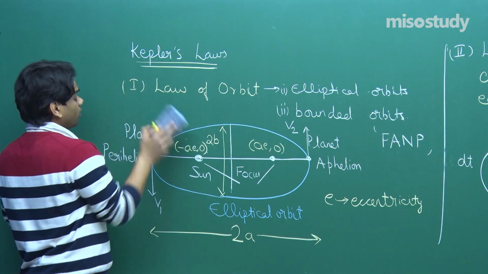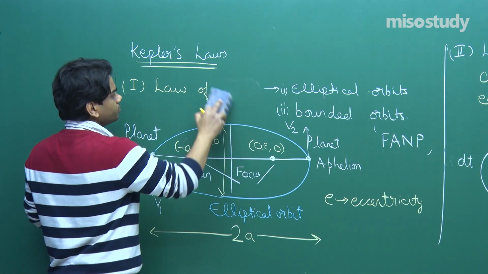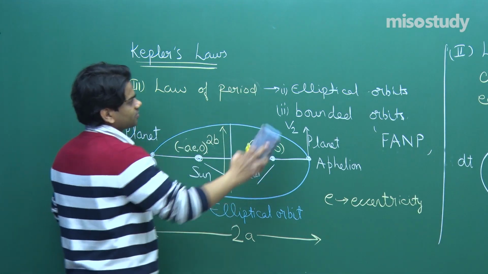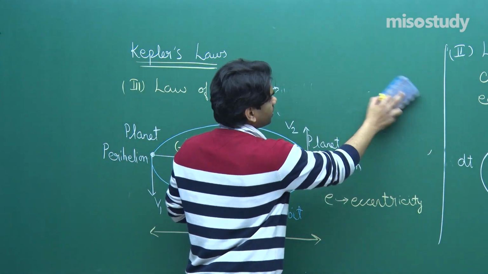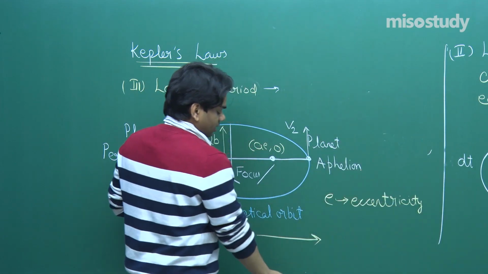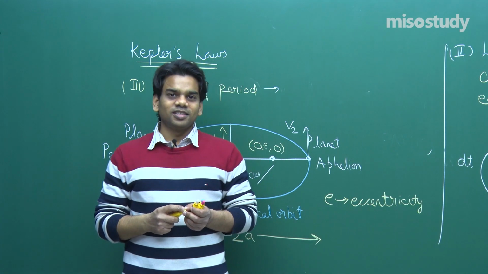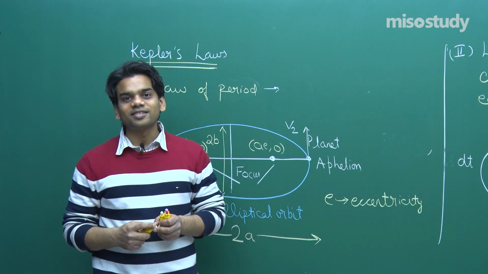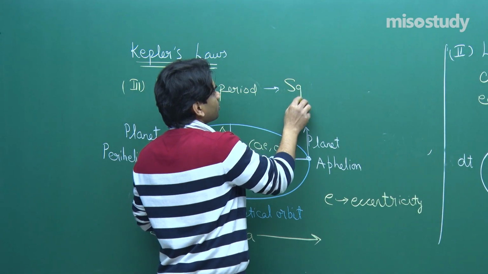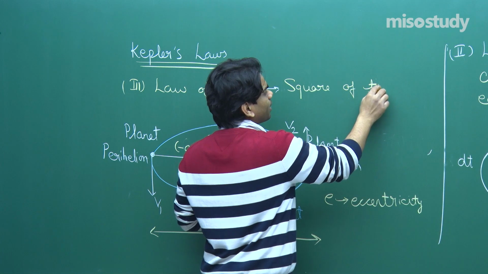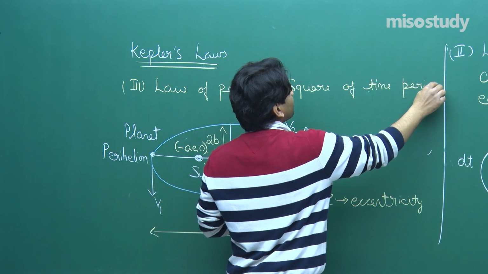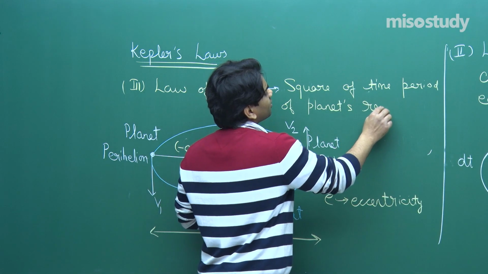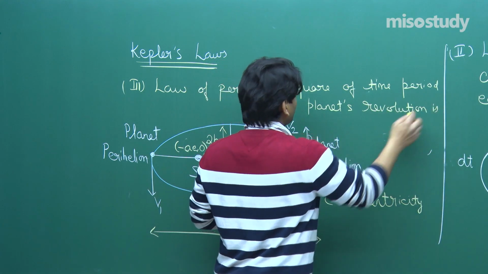The third law is the law of periods, and again it's very simple. Third law of periods, I'm writing here only. The law is very simple. The square of the time period of revolution around the Sun is proportional to the cube of the semi-major axis of the elliptical orbit. So the third law says that the square of the time period, I'm talking about the entire time taken to revolve all around the Sun, the square of the time period of the planet's revolution is directly proportional to